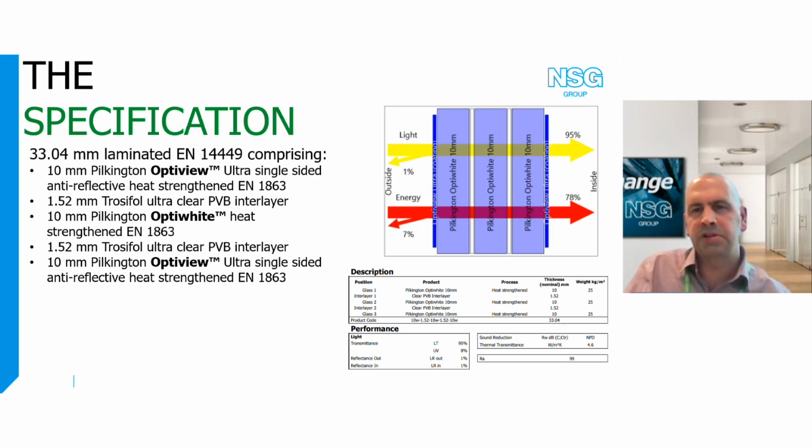So once we'd considered the way in which the designers wanted to split the screen up in order to fit the opening, taking into consideration the safety and mechanical loading criteria as well as superior aesthetics, we built this laminated glass specification. And note the 33mm triple laminated composition comprising 3 times 10mm heat strengthened glasses and 2 times security